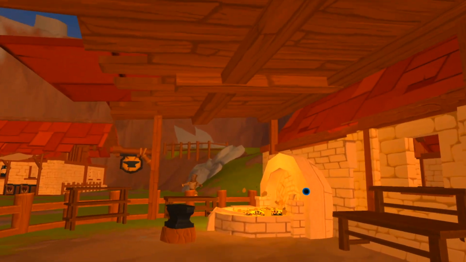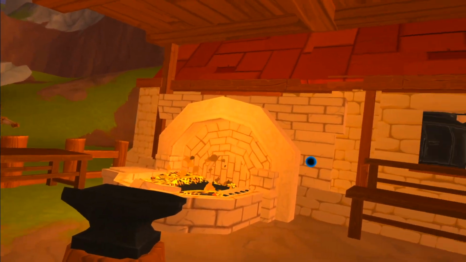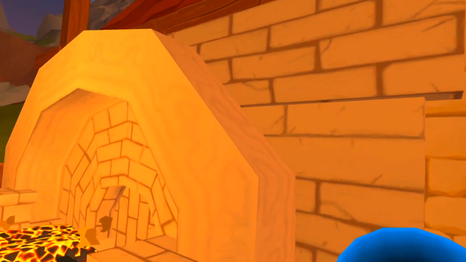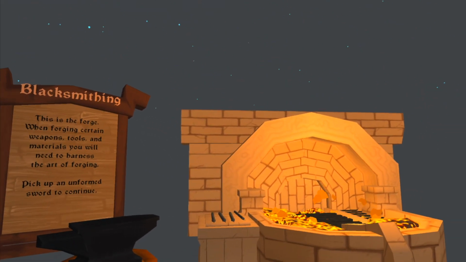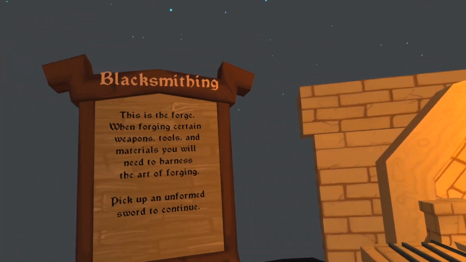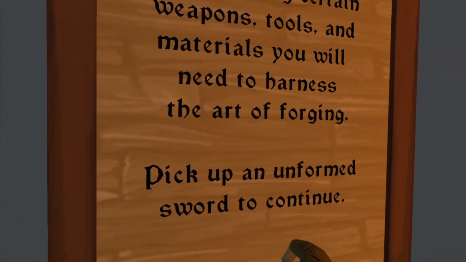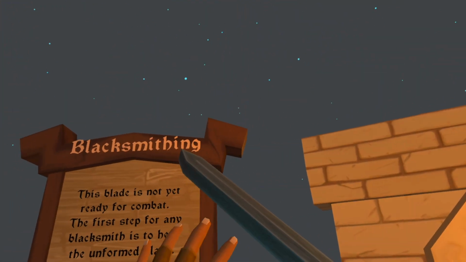That's another story. Alright, so this is the blacksmith, and you want to learn how this works. Well, there's a tutorial. You grab this orb, and without leaving the server, we will enter the tutorial. I'm not going to explain how to do this because everybody has access to this, and it's pretty self-explanatory. So pick up an unformed sword to continue, and it explains it. We can see that it's